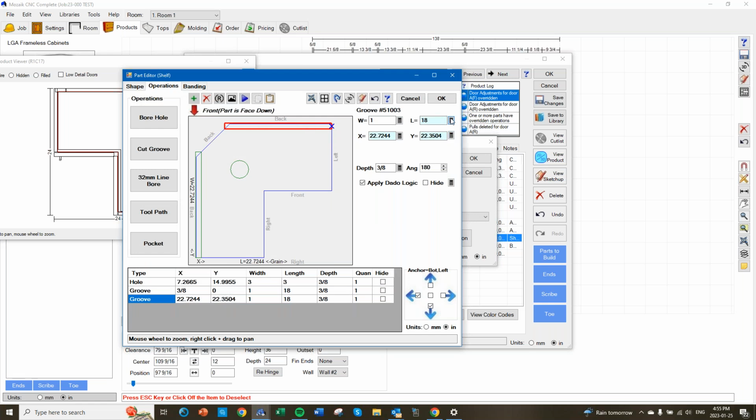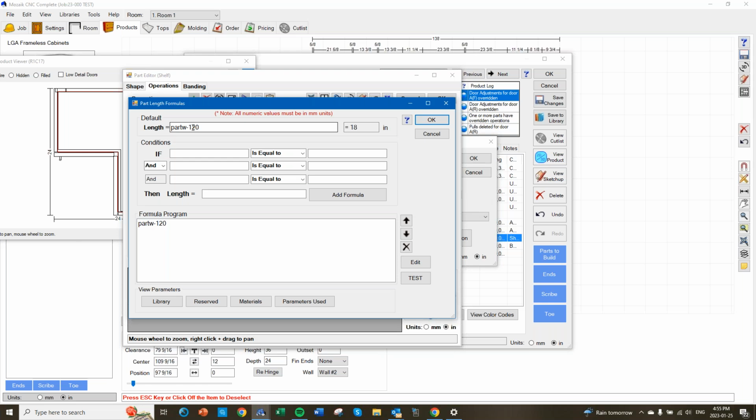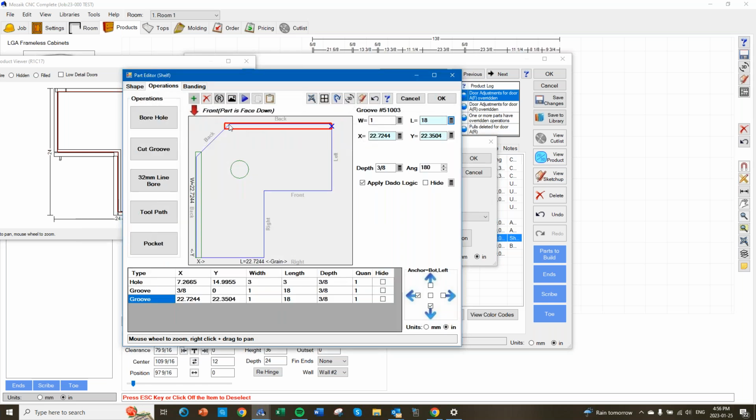The length of this is going to be the part L minus 120 mil. So it's going to stay looking like that. Then we're going to paste another one in there. And that one we're only going to rotate 45 degrees. And we want to put that in at,